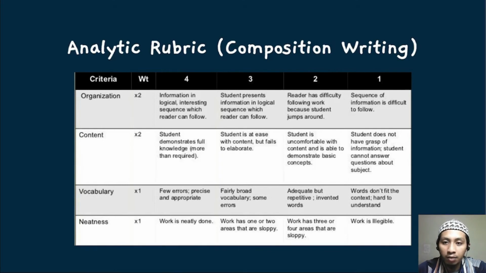These are examples of an analytic rubric for composition writing. An analytic rubric is a 2-dimensional rubric with the levels of achievement as columns and assessment criteria as rows. It allows you to assess participant achievements based on multiple criteria using a single rubric. You can assign different weights or values to different criteria and include an overall achievement by totaling the criteria, and it is written in table form.